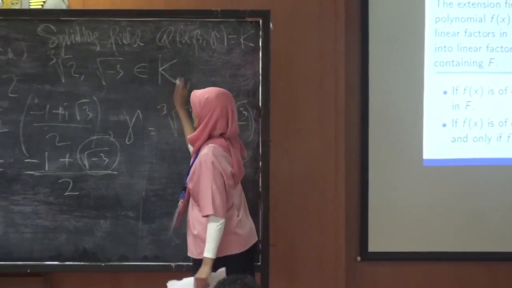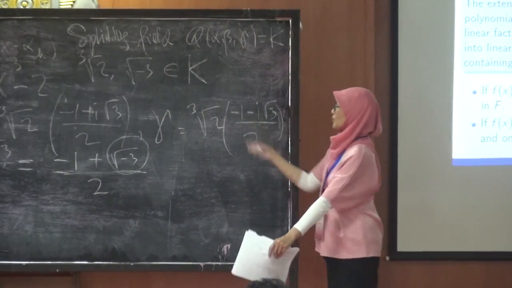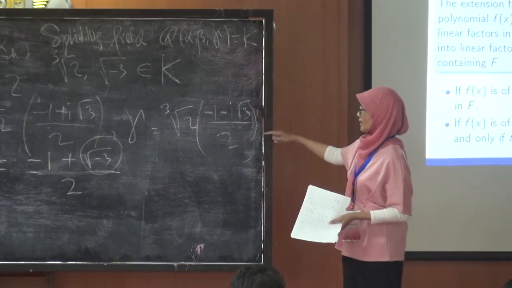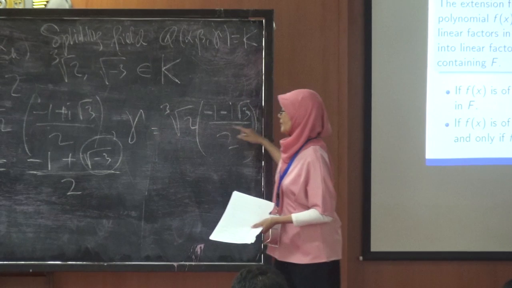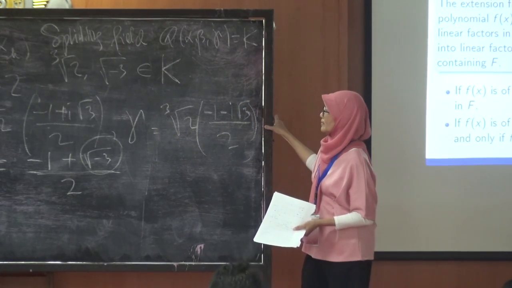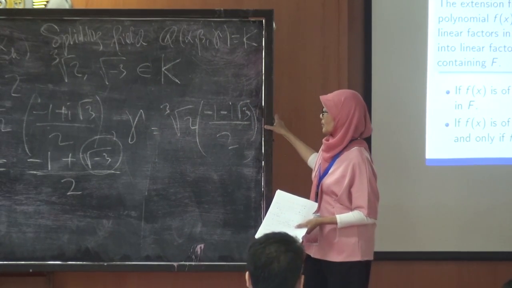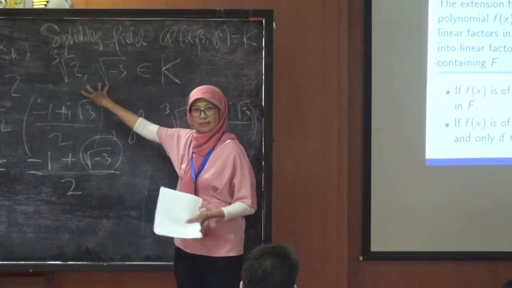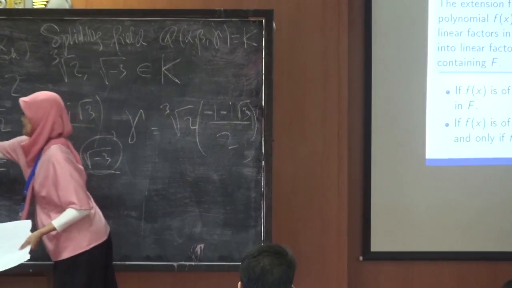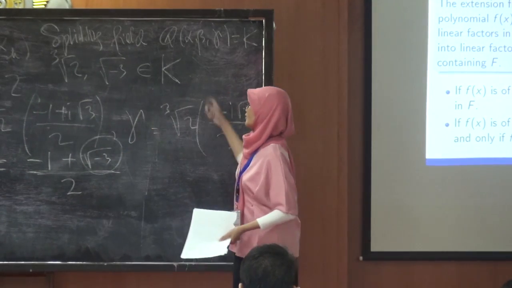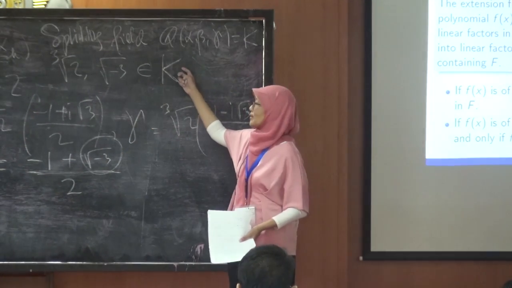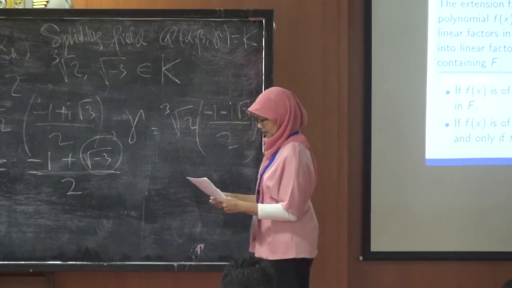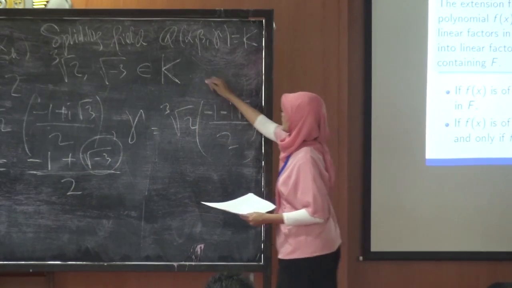K should contain these 2 elements, and alpha, beta, and gamma is enough to produce this one. So if K contains these 2 elements, this one should be in K also. So this is the generator of this field. That means K itself is